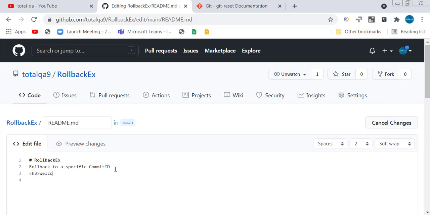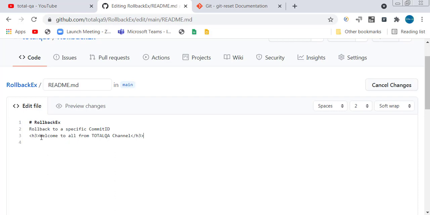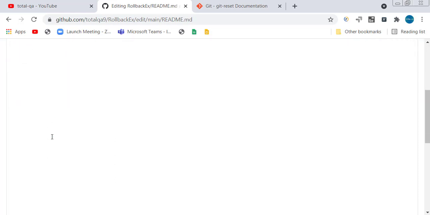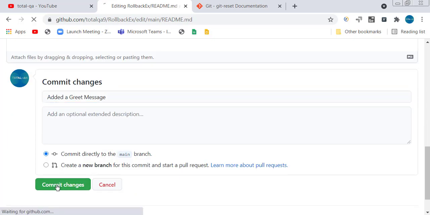We are saying welcome to all from Total QA channel. This is the text I have written, and I can put the commit message as added a greet message. Then I'll just say commit.